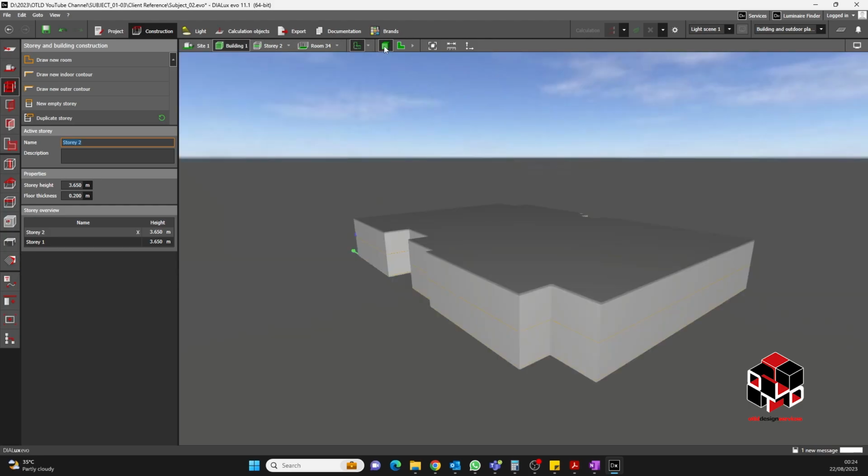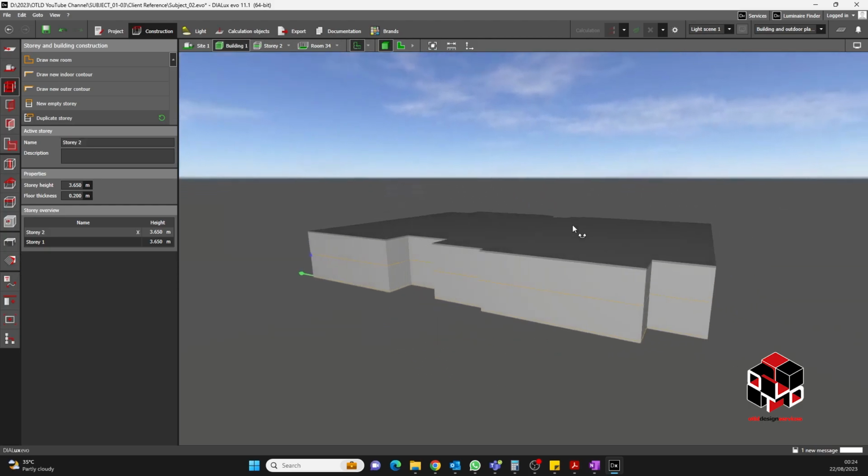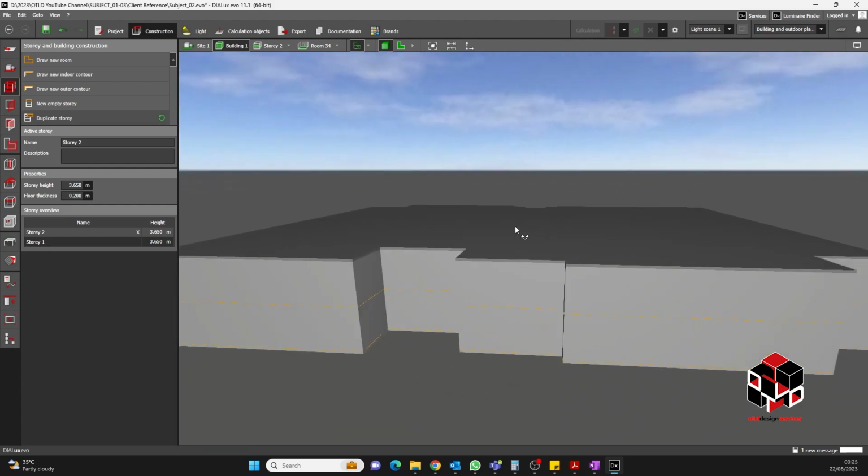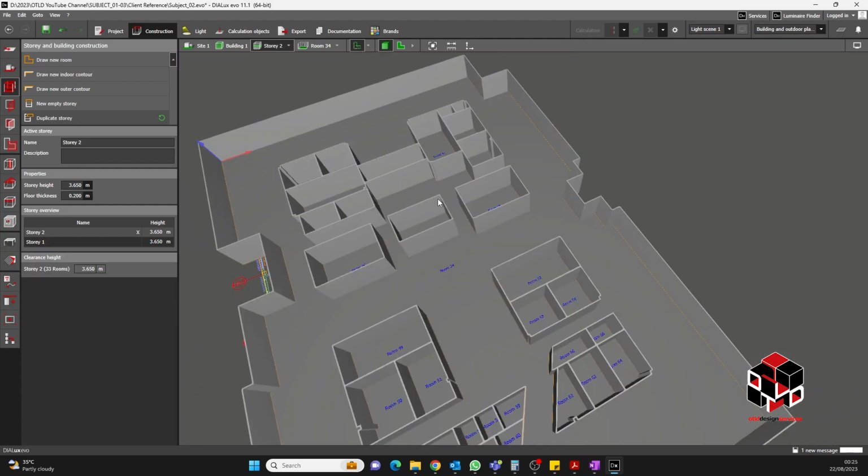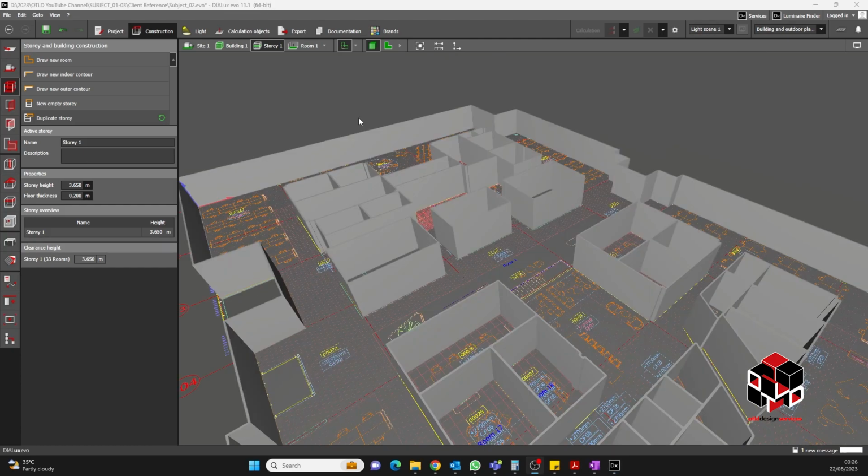and then when you go to building, you will see that you have recreated the ground floor. Now this will be exactly the same as the first floor you have created. Another way to do multiple floors is to create a new empty story. So instead of duplicating what you have initially created, you do a new empty story if the succeeding floors are totally different. Now we can do this by going again to the story and building construction and choosing new empty